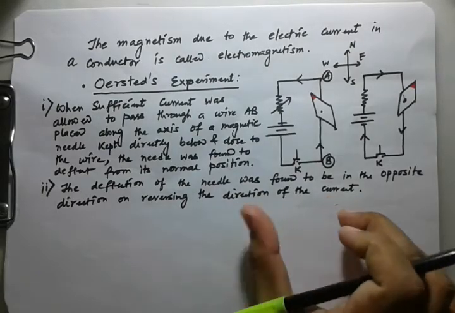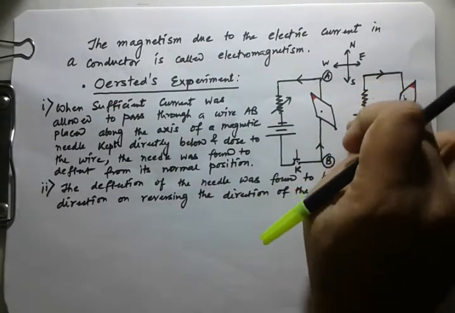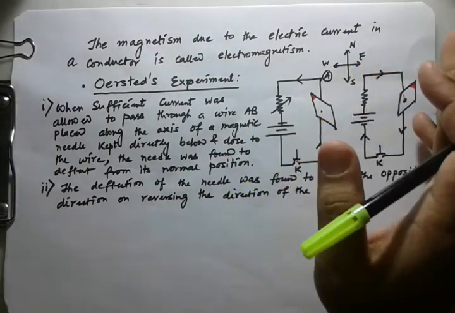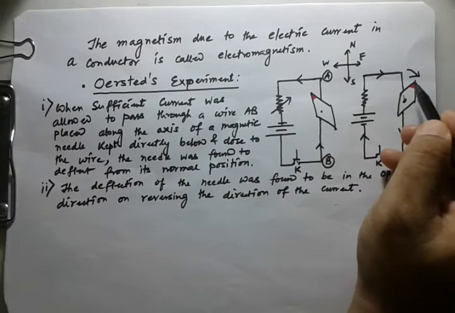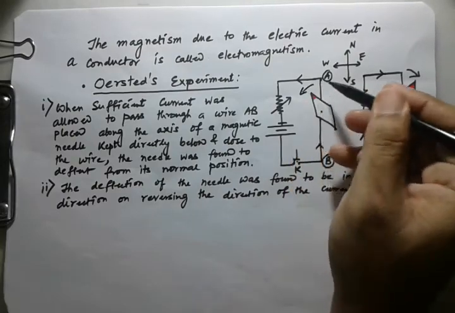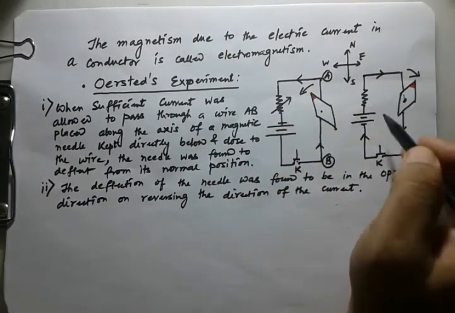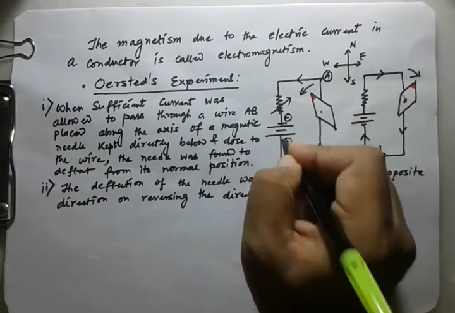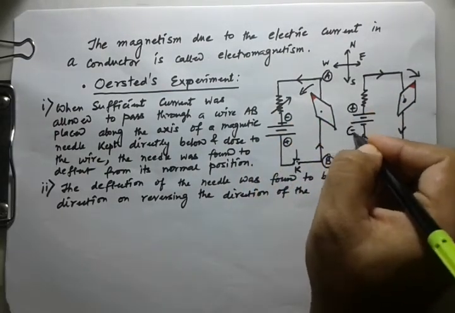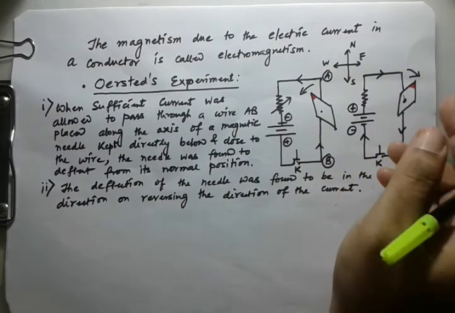Okay. So how can you change the direction of the current? You can just change the polarity of the battery, so the direction of the current will change. As the direction of the current changes, the needle will deflect in the opposite direction. Here it was deflecting in this direction when the current was passing in this way, and when you change the polarity of the battery, so this one is minus, this one is plus, and this is plus, and this is minus, the deflection will be on the other side.